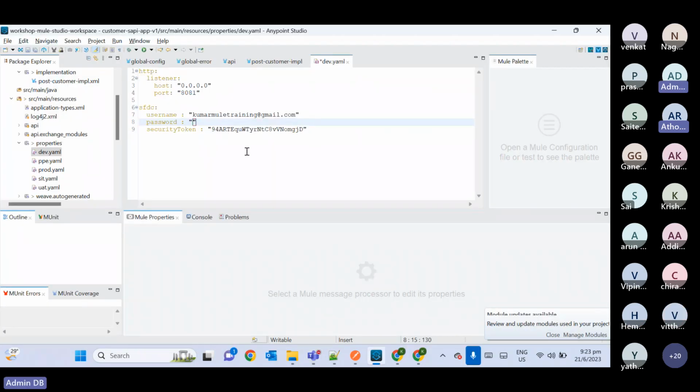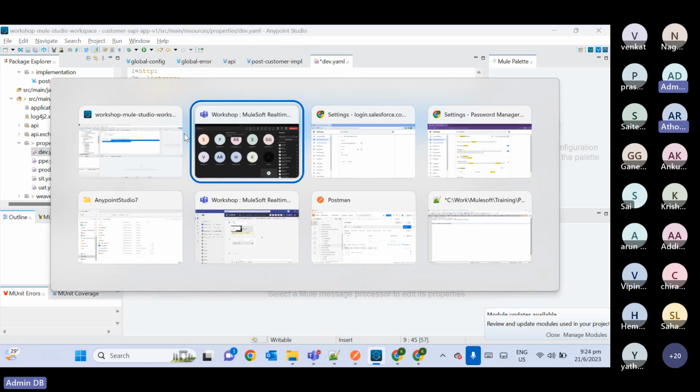So here we have the username, password, and security token. But these two pieces of information are sensitive. So what we will do, we will store them in encrypted format. So how can we do that? For that,